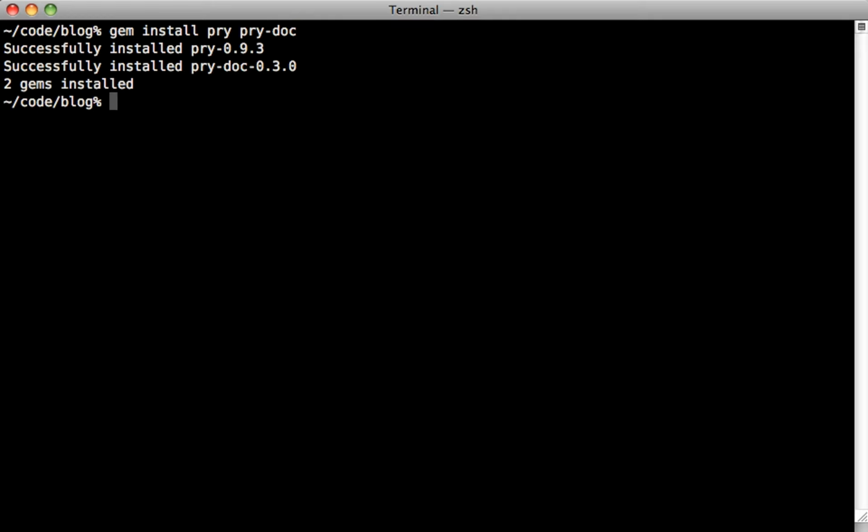Now, if you use RVM gemsets, you might want to install pry so it's available globally across all gemsets. To do that, you can use rvm gemset use and then pass in global here, and that way it'll switch to the global gemset, install the same gem in here, and then it will make it available